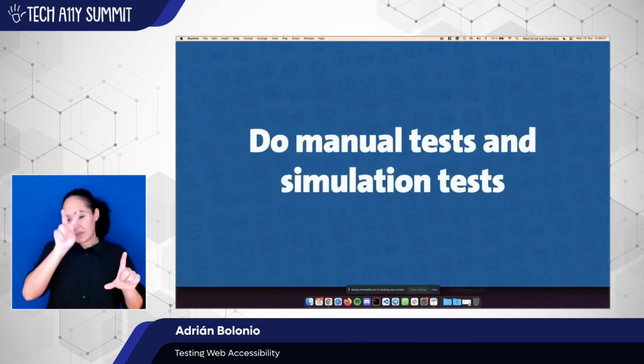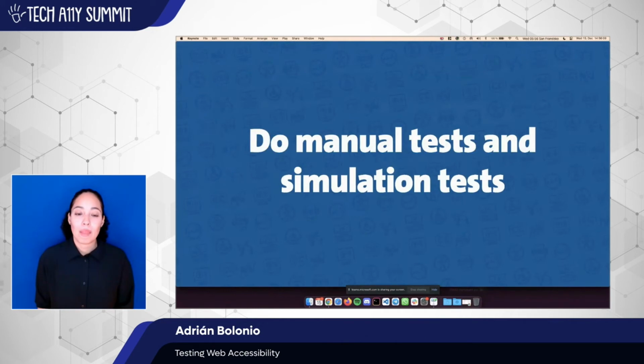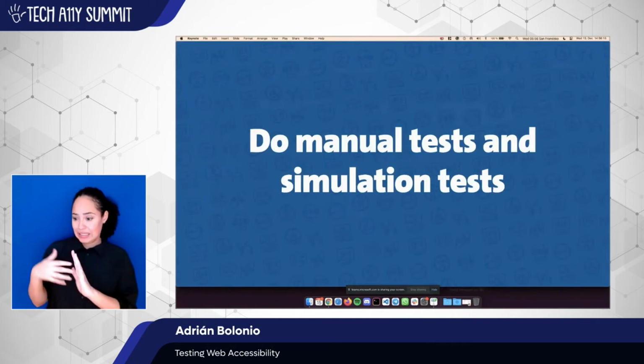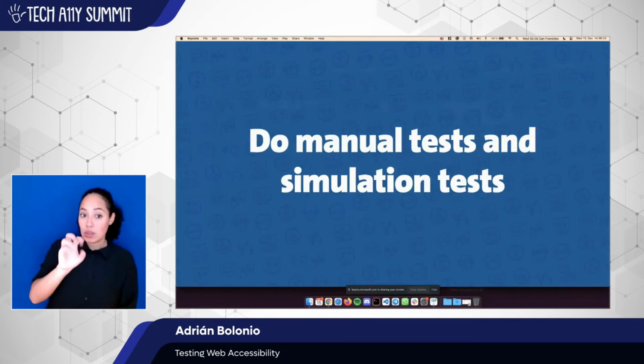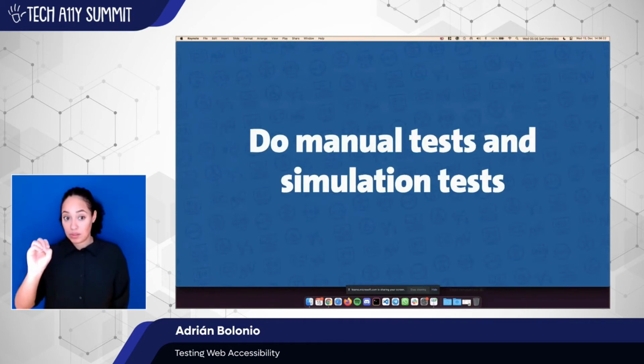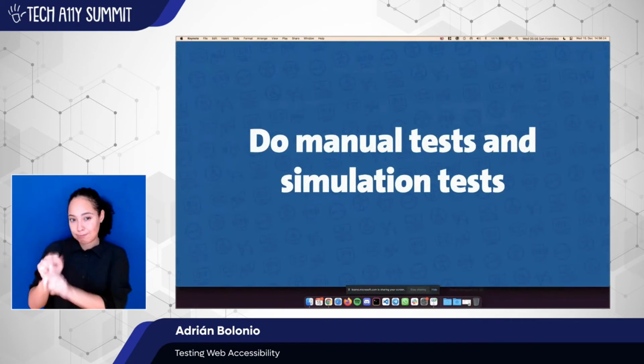And we said at the beginning that automated tests can only tackle and identify 20 to 50% of all the accessibility issues that we have in our websites. And the big recommendation as well is to do manual tests and simulation tests. Of course,